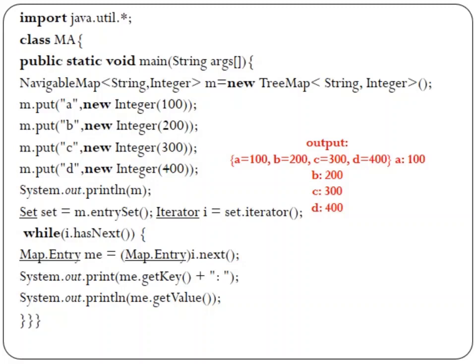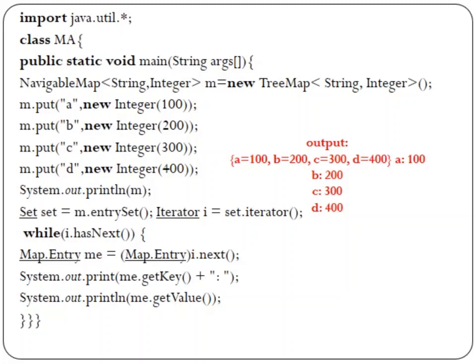Next, here I am making use of an entrySet. The entrySet is a method which is going to point to the first element of the interface which has been invoked, and the return value will be assigned to the Set interface. Now Set is pointing to the first element of the interface. Then iterator is a method which is going to iterate all the elements which are pointed out by the Set interface, and the return value will be assigned to the i. Means now i is pointing to the A.